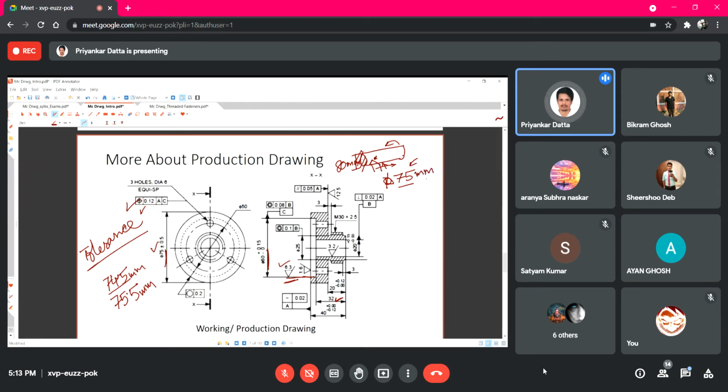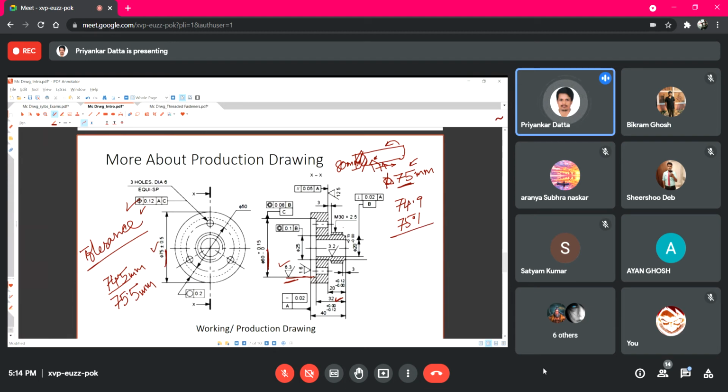That is why the designer, when calculating the different dimensions based on some mechanical criteria, like its maximum strength or what load is to be supported, has calculated the value of diameter to be 75. But the machining will create a diameter maybe something lower, say 74.9, or maybe something higher, say 75.1.